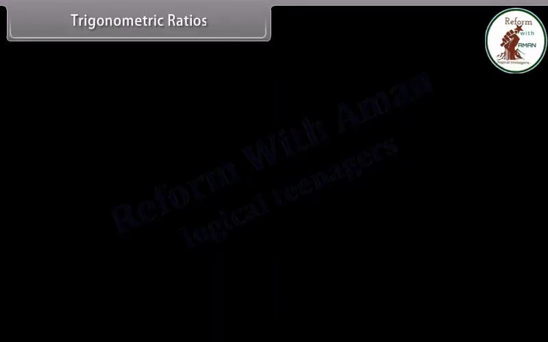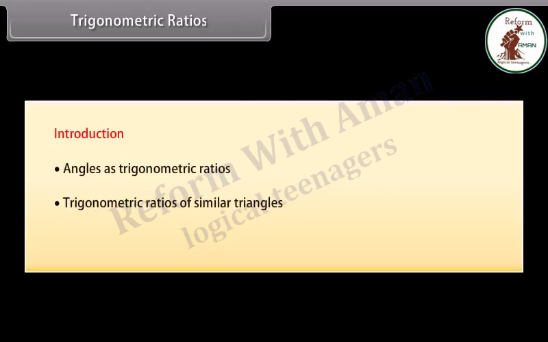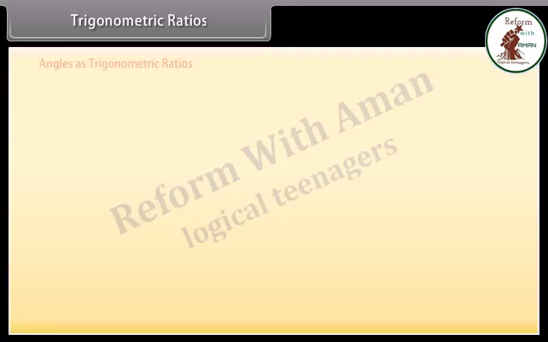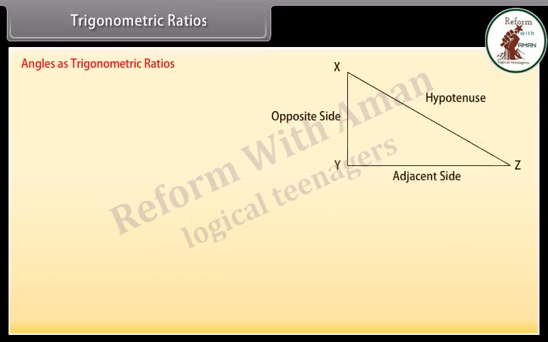Trigonometric ratios. Let us begin our introduction to trigonometry with trigonometric ratios. We will express the angles as trigonometric ratios, compare trigonometric ratios of similar triangles, and solve examples. Angles as trigonometric ratios. Look at triangle XYZ, right-angled at Y. Angles X and Z are both acute. XY is the side opposite to angle Z. YZ is the side adjacent to angle Z. XZ is the hypotenuse. Let us now express different measures of angle Z as ratios of the sides of triangle